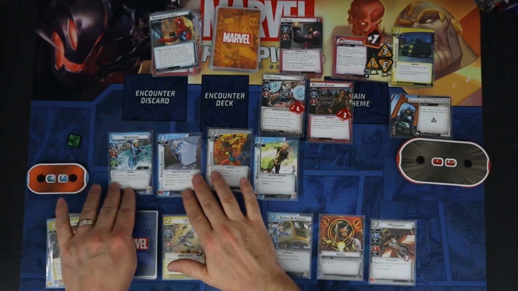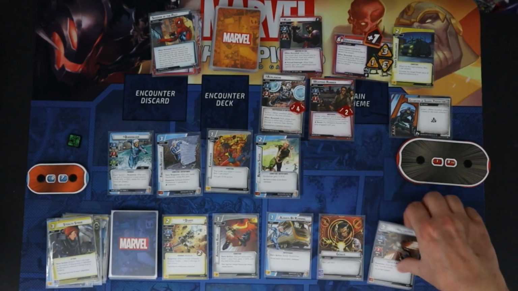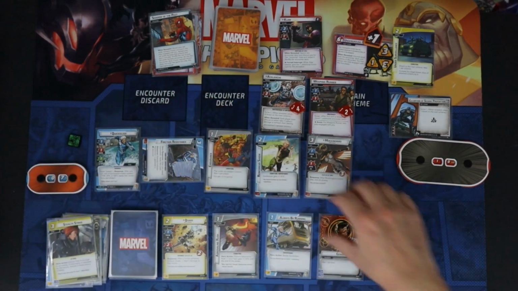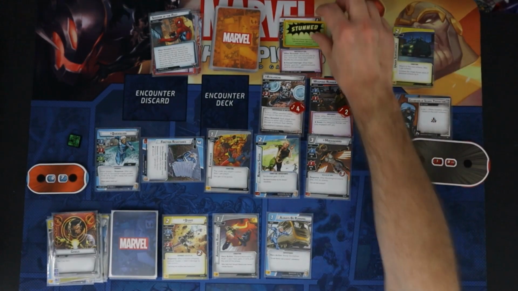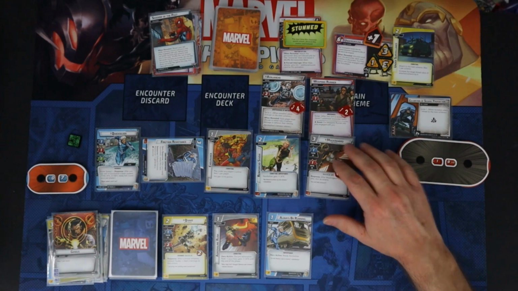Okay, so back to Quicksilver, and I do want to put Mockingbird into play, and I'm going to do that with 1 from Friction Resistance and 2, 3 from Genius. She'll come in and stun Claw. She'll come in with 3 health. And I think I'm going to use, oh, by the way,